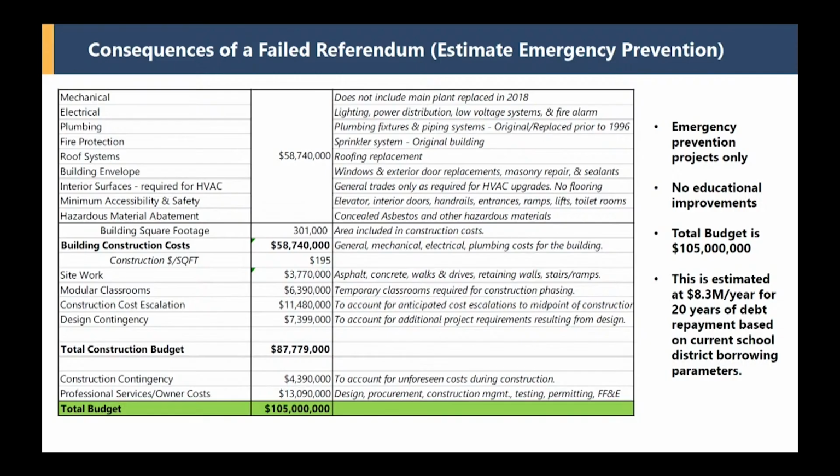In addition, this is really just the systems behind the walls. That would not prevent you from having other money you'd have to invest for all the other systems. If you remember, there was a renovation number I flashed up about $400 and some per square foot. This is less than 200. So you can imagine there's all those other systems in the building, flooring, ceiling, all the things that would still be well beyond their useful life, and you would just be repairing as they broke, essentially.